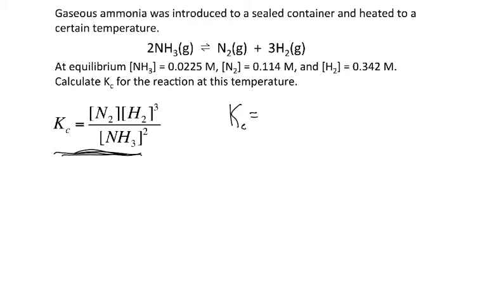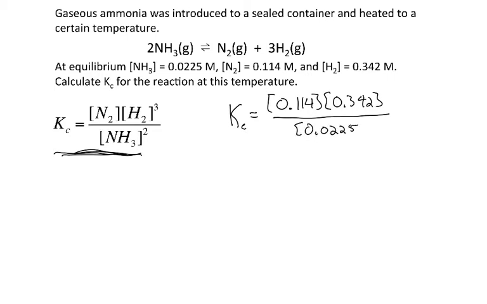is equal to concentration of N2 times concentration of H2 divided by the concentration of NH3. But I need to remember to take into account the exponents. So the hydrogen needs to be cubed and the ammonia needs to be squared. So the expression I get for Kc is, or the answer I get when I plug that into my calculator